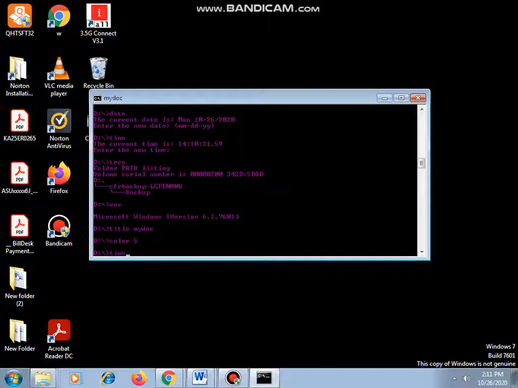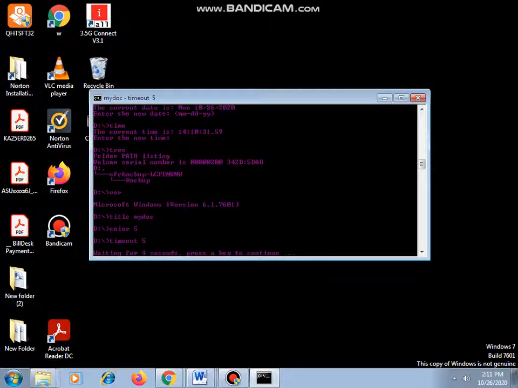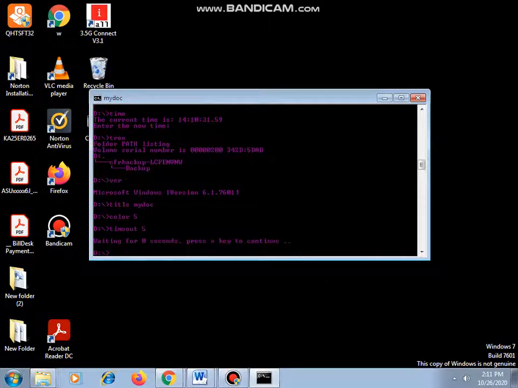You can make use of a timeout command. It will wait for a certain period of time. How do we compare two different files? I can create two different files.